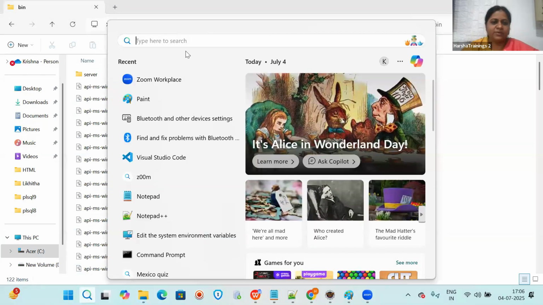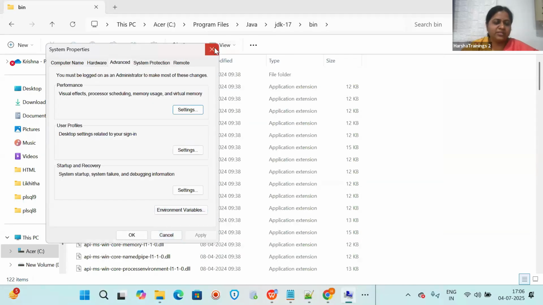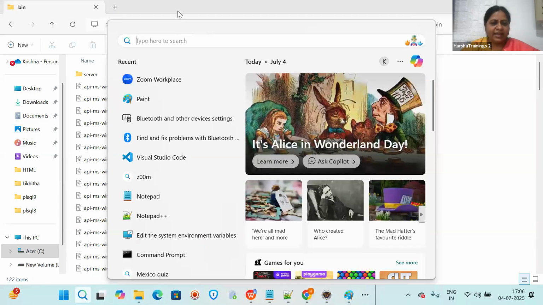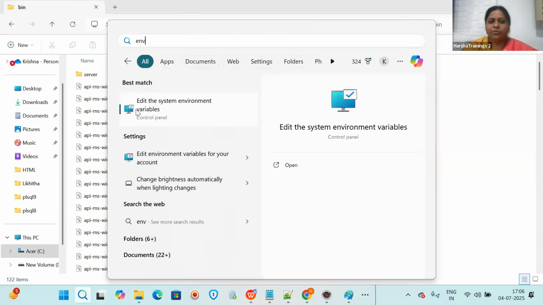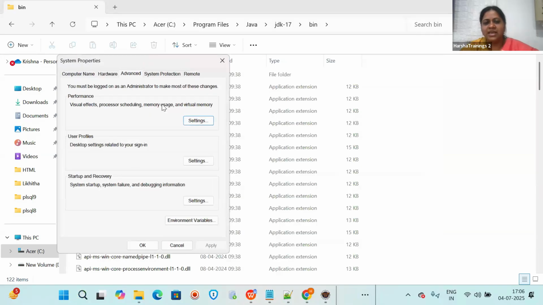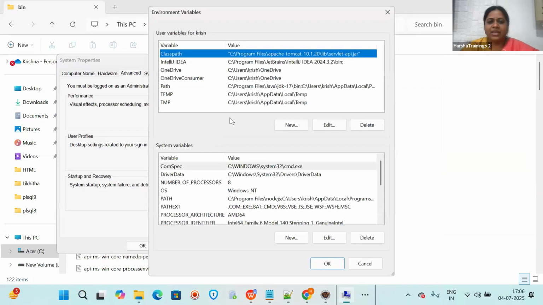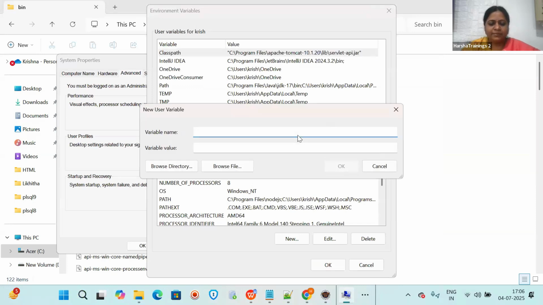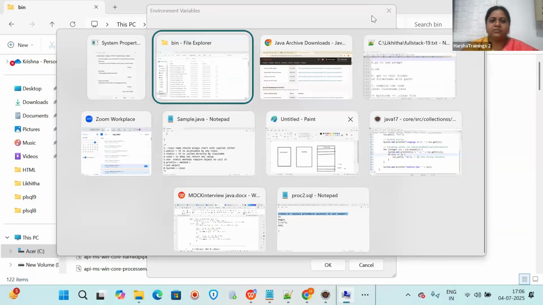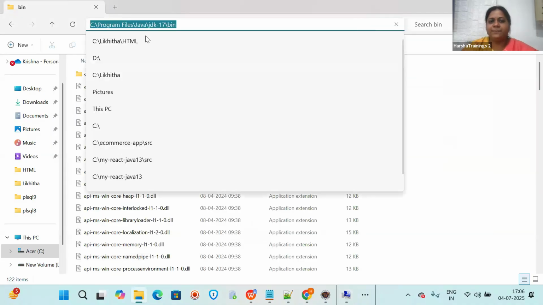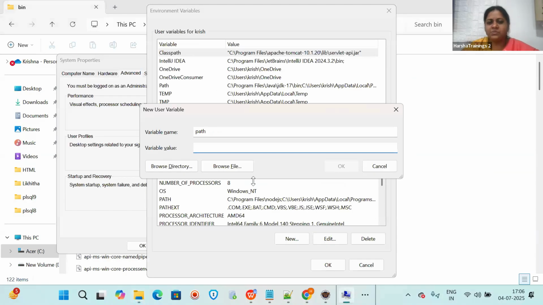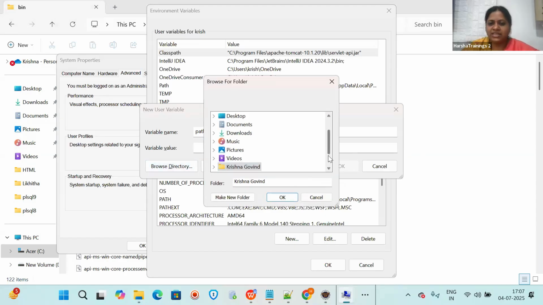Permanent way, I will just revise once. You can go to edit system environment variables. Just in the search, you can just type here environment variables. You can find edit environment variables and in this you can select new and type the path here. The value should be whatever path you have installed in your system: C, Program Files, Java, JDK, till bin. If copying is a problem, you can just go to browse directory and from here also you can select